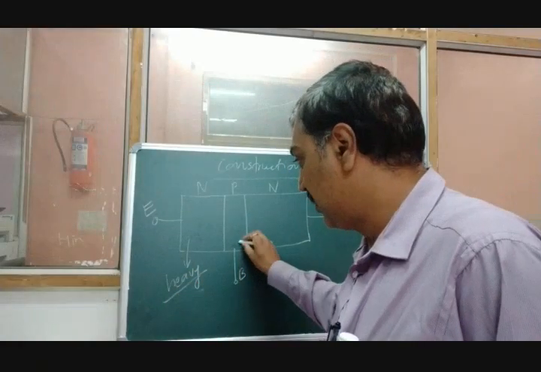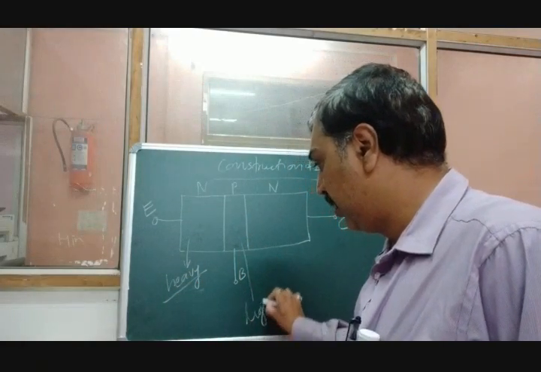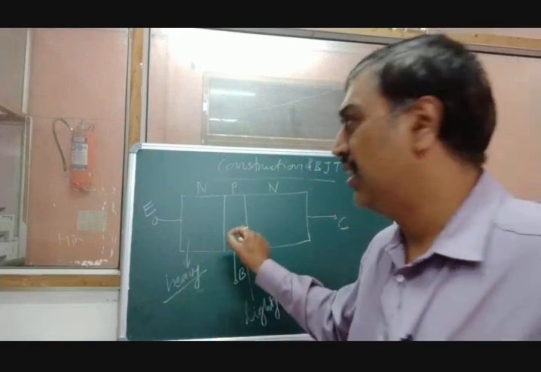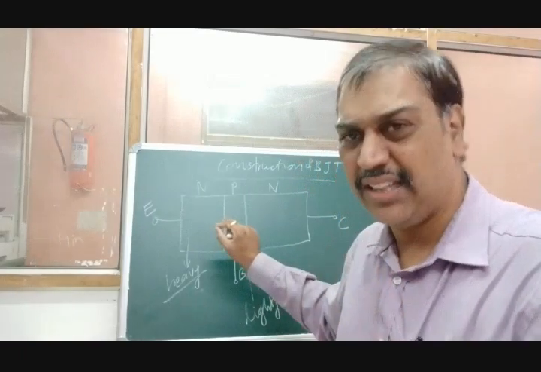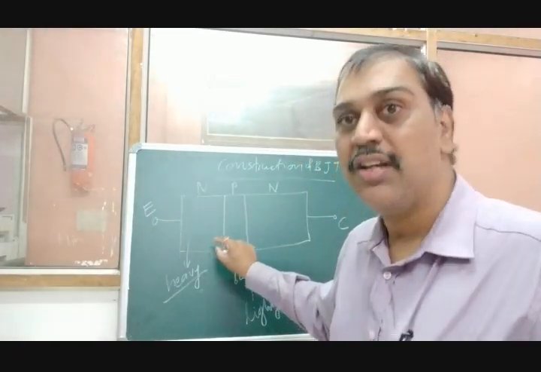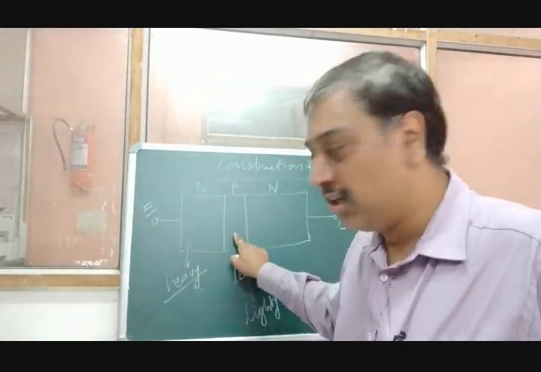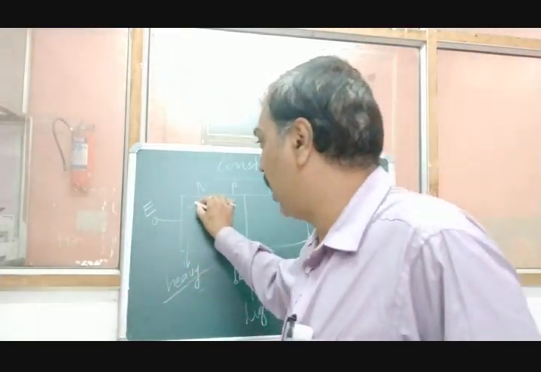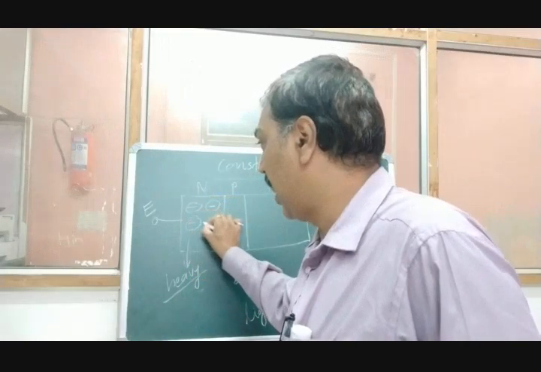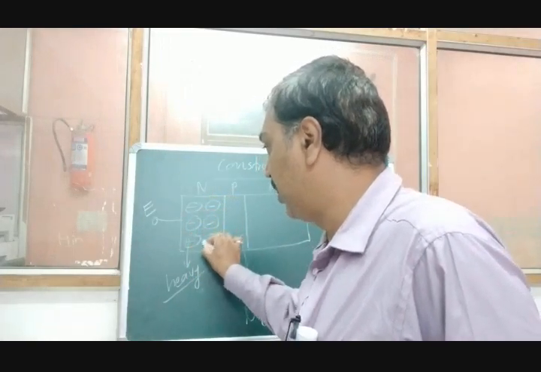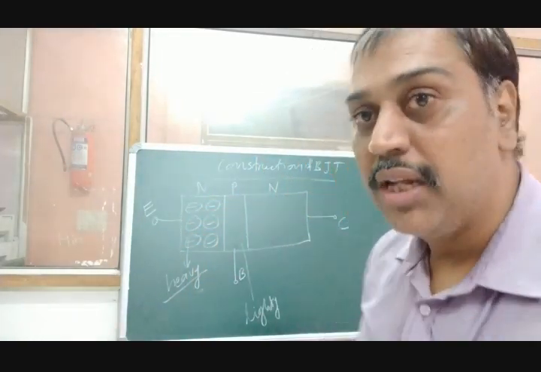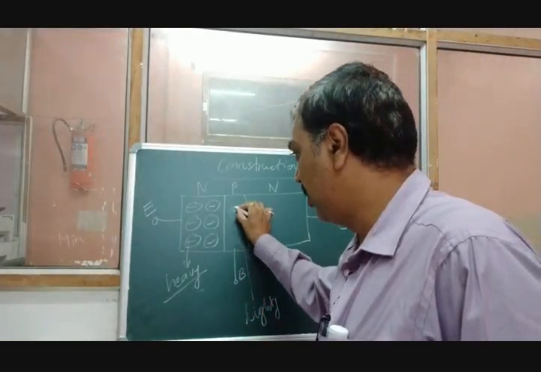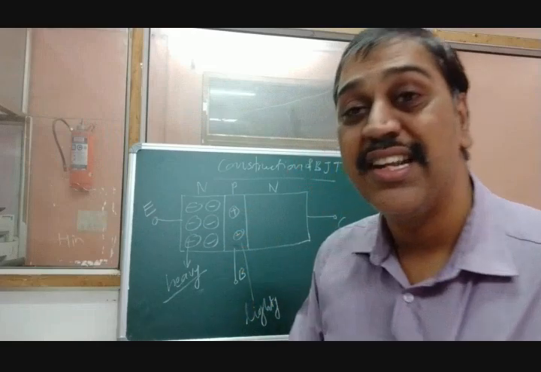And this is the base. Base is very lightly doped. Lightly doped means very small amount of doping would be done here in the base, because already it is very thin and very small doping is there. Small positive charges are available. So as this is heavily doped, we can write here it is N-type. So here there are large number of electrons which are available in this region because it is heavily doped. Apart from that, the base is lightly doped, which means very few amount of holes are available. So these positives are the holes because it is lightly doped.